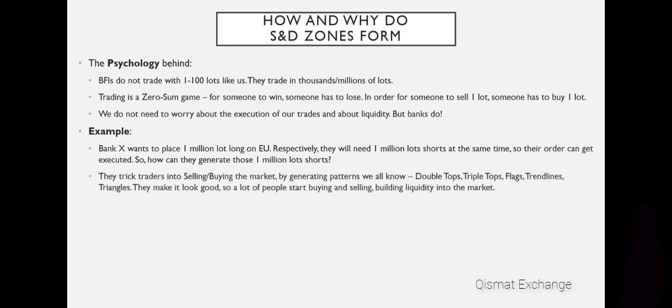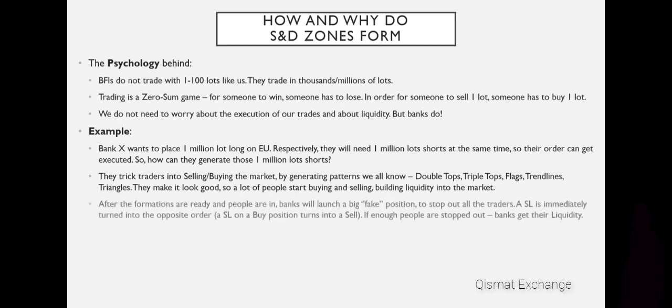How do they do this? Well, they trick traders into selling and buying the market, and they generate the patterns we all know. Double tops, triple tops, flags, trend lines, head and shoulders, triangles, pennants, all of this stuff. And they make it look really good so that a lot of people start buying and selling, and they build liquidity in the market. However, what's the bad thing is that after those formations are ready and people are in, then banks will usually launch a big